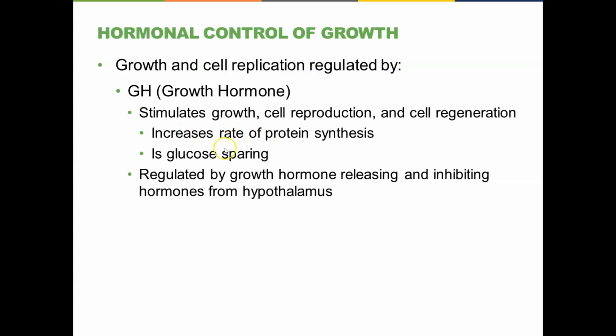There's a similar but not quite as dramatic response in skeletal muscle, and so this is what's responsible for the rapid growth of an individual then. Well, when we release a lot of estrogen and or testosterone into the blood at sexual maturity, that causes those cells to stop producing the receptors that are sensitive to growth hormone, and so we stop growing. And then in due course, the release of growth hormone is inhibited as well by those other hormones. So there's an interesting feedback loop right there. Growth hormone, like a lot of other hormones, is ultimately regulated by the hypothalamus in the brain via the pituitary gland. And we'll take a look at that in just a second.